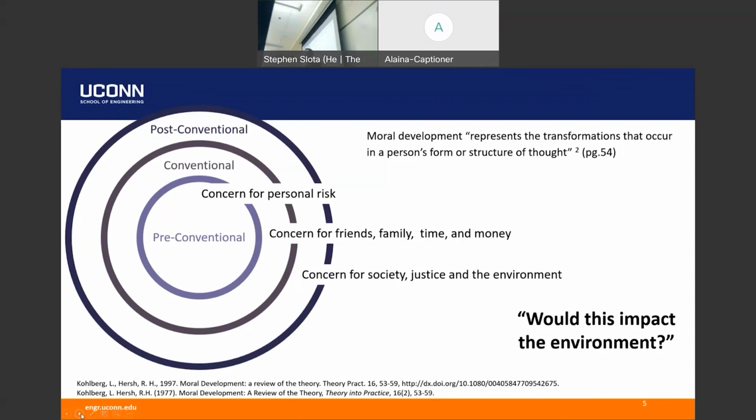So there are different scales, and typically it tracks with education, right? The more educated you are, you typically go up in that. It regresses sometimes. Like I said, it's not perfect, but this is how Kohlberg framed this. And there are actually 6 different levels of this. There are 2 levels per rank.